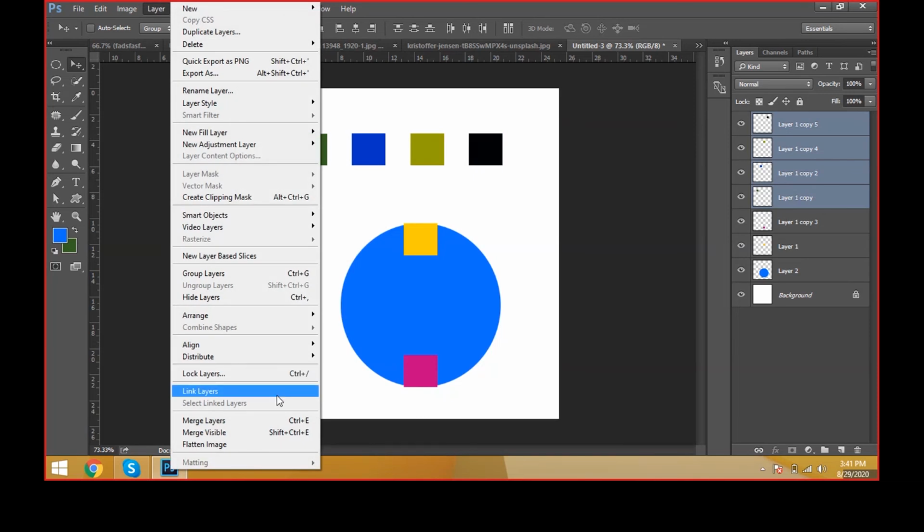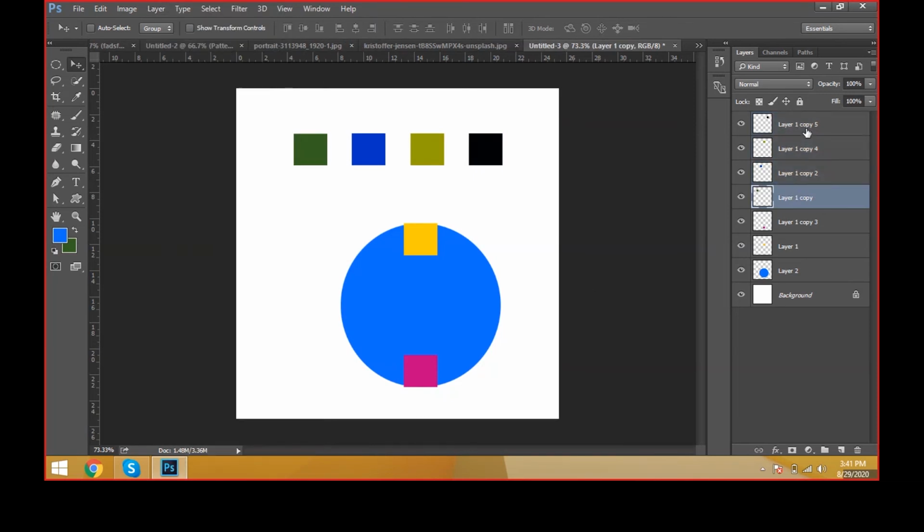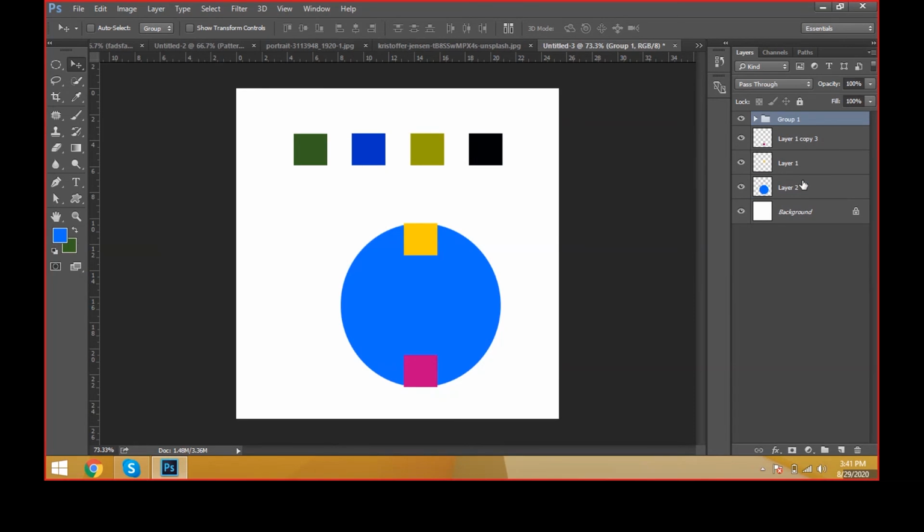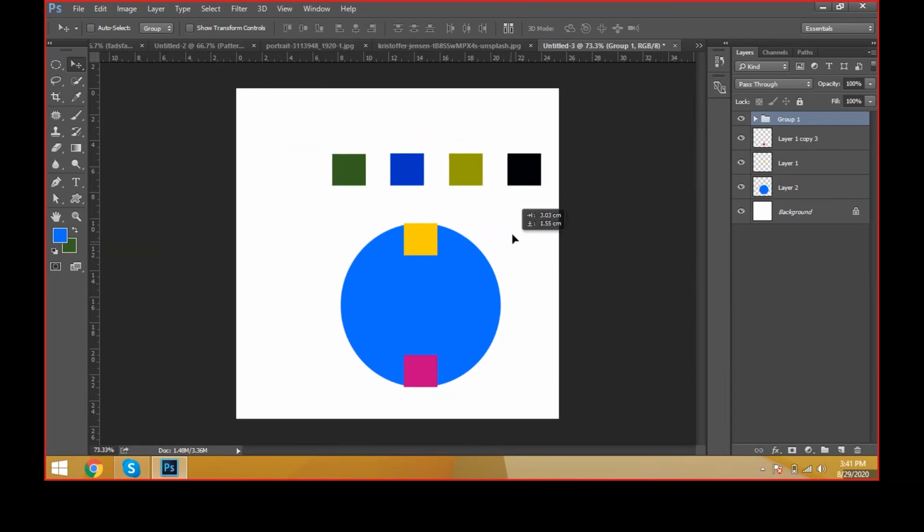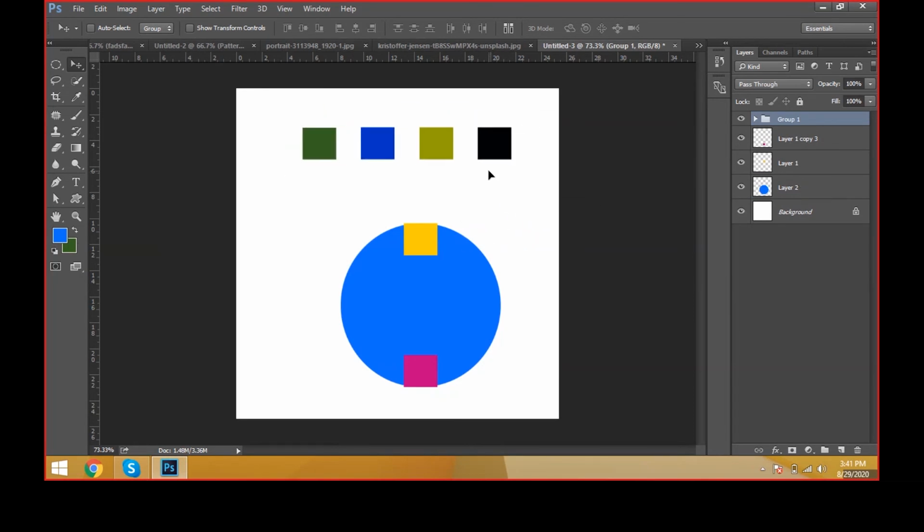And what about the group and what is the link? Suppose the group is completely Control G group. Okay, the group is completely safe for keeping all the objects and all the layers in one single group. Okay, and it forms like a single layer. But what about the link? Suppose this is an object and this is also one object. Okay, I'm just linking this object to this object; link means it is nothing like a group only.